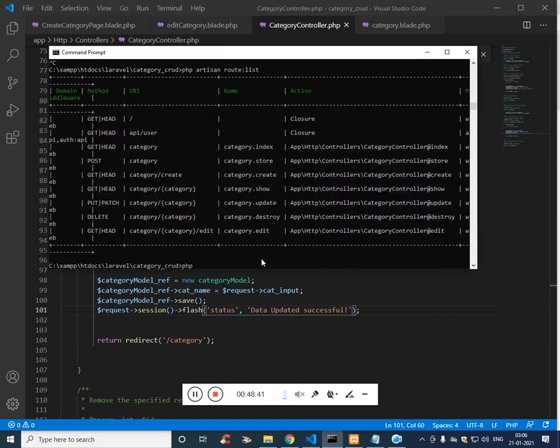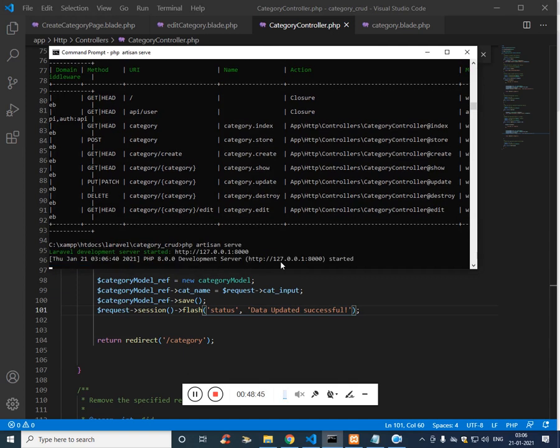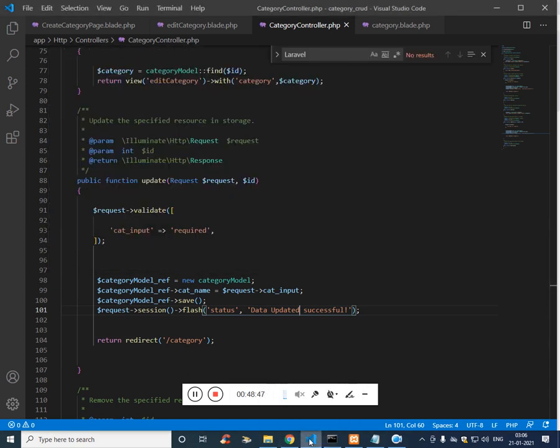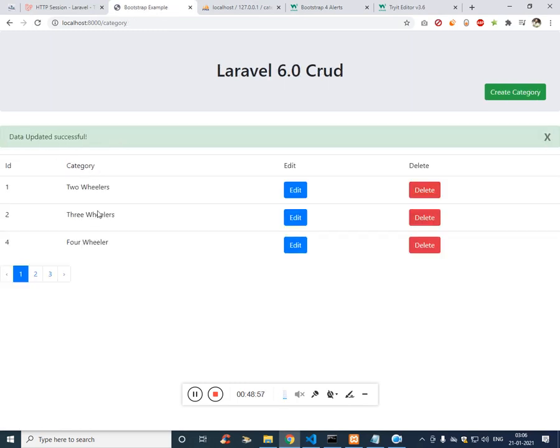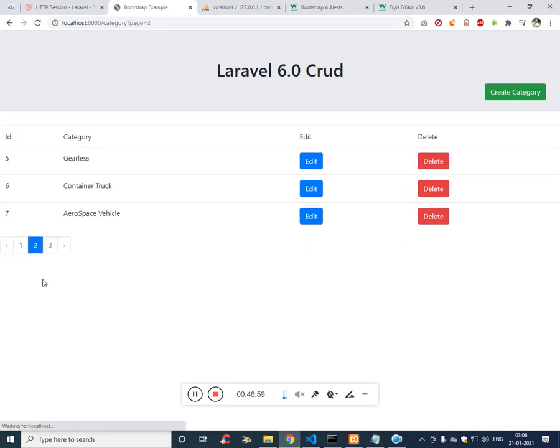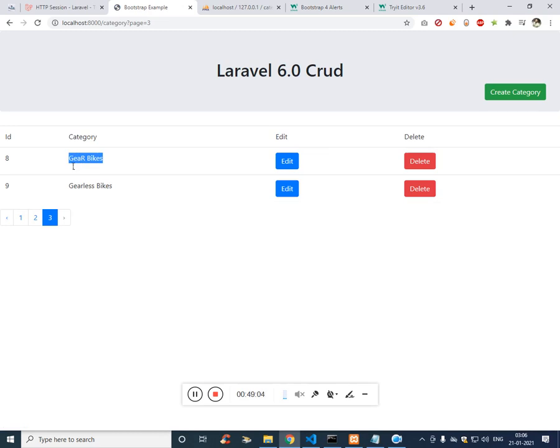PHP artisan serve. The server is started. It says gearless bikes. Click on save, updated successfully, and we should see gearless bikes. It's the gearless bikes.